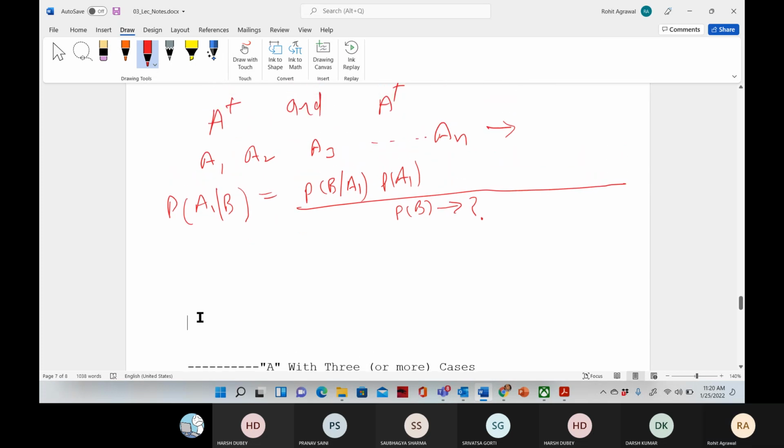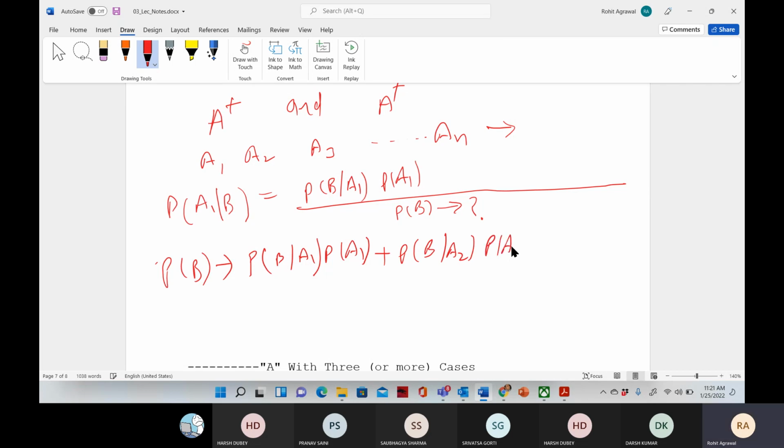Anyone? See, this p of b will be replaced by p of b when a1 is given into p of a1, then p of b given a2 into p of a2 and so on